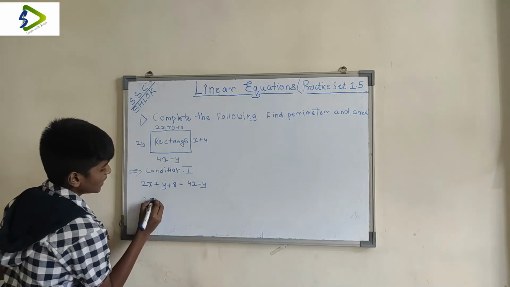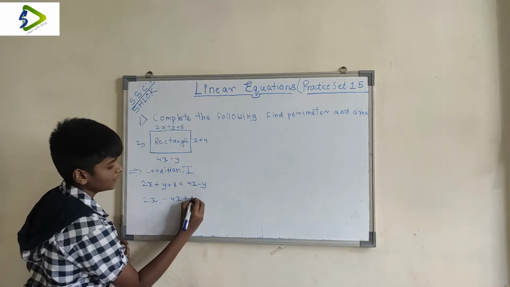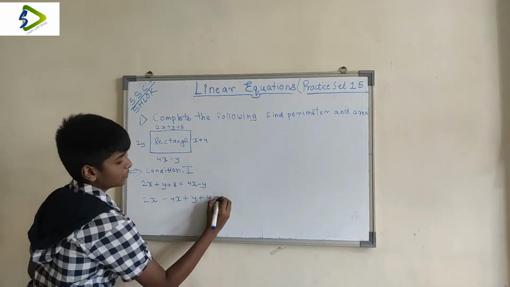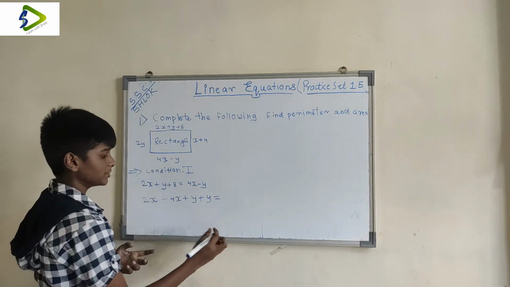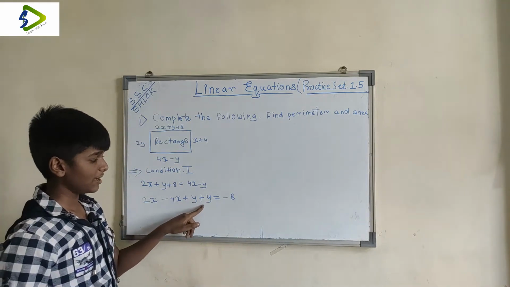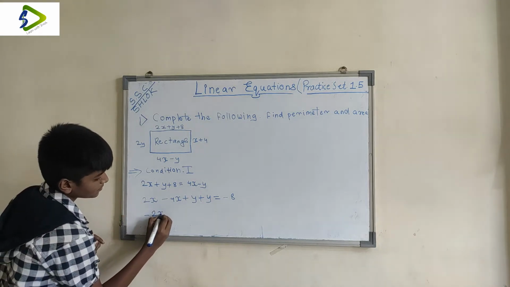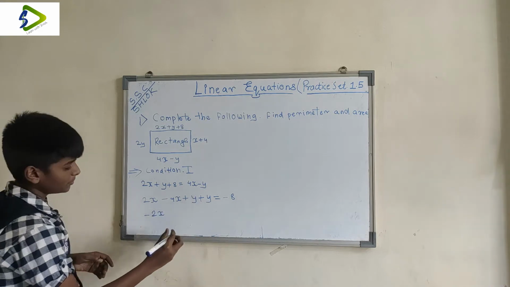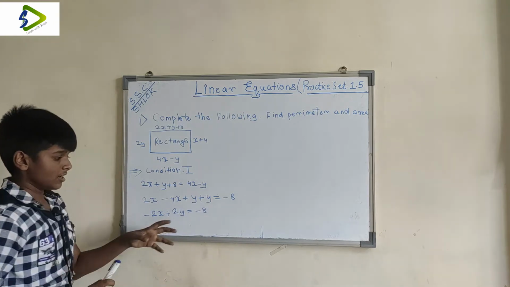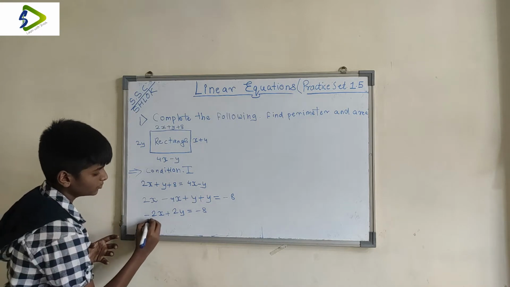So let's take this to the other side. So it becomes 2x. Here it was positive, so it becomes minus 4x, plus y, and here it was minus y, so it goes to the other side and becomes plus y, is equal to plus 8 goes to the other side, it becomes minus 8. So our equation is 2x minus 4x plus y plus y. Now 2x minus 4x will be minus 2x, right, and y plus y will be 2y. So minus 2x plus 2y is equal to minus 8. Now here you can see that all the numbers are divisible by 2. So we divide all this by 2,